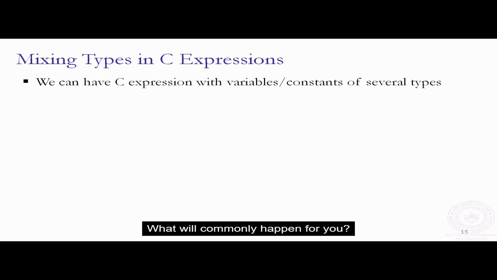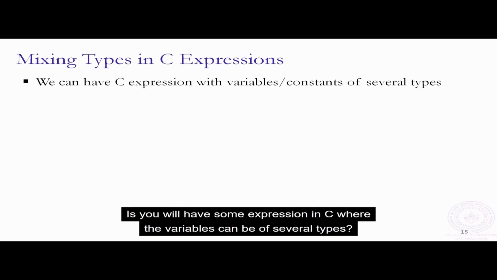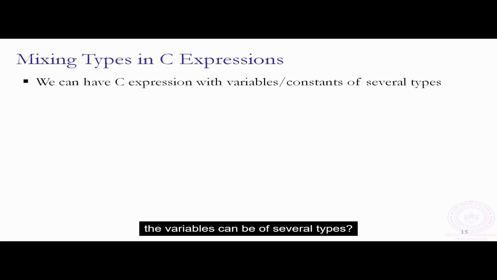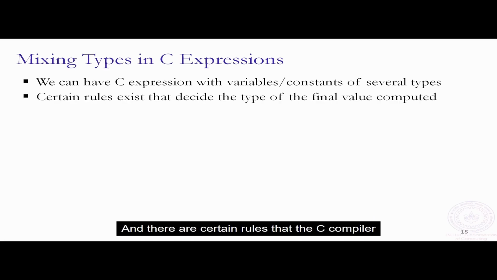This video is going to feel a little bit confusing at first, so you may want to watch it a couple of times to make sure you understand it correctly. What will commonly happen is you will have some expression in C where the variables can be of several types. There are certain rules that the C compiler uses to decide the type of the final value that is being computed, and the value itself can be very counterintuitive if you don't understand the rules that the